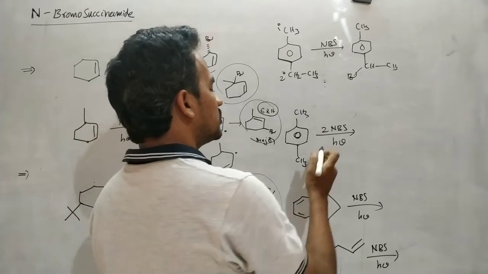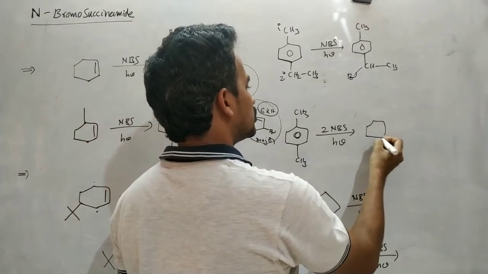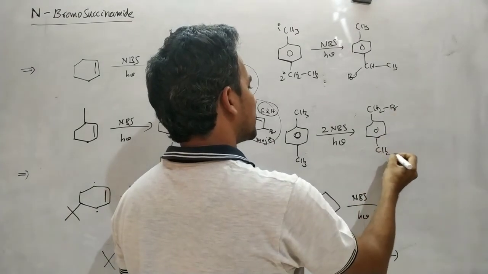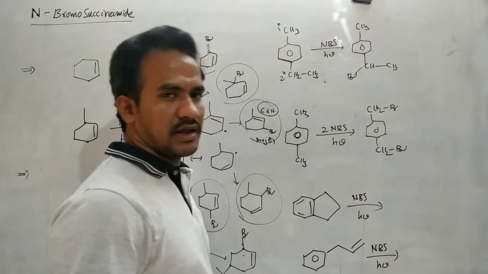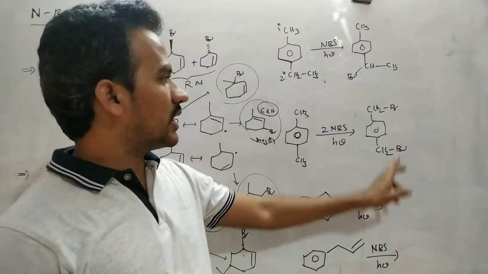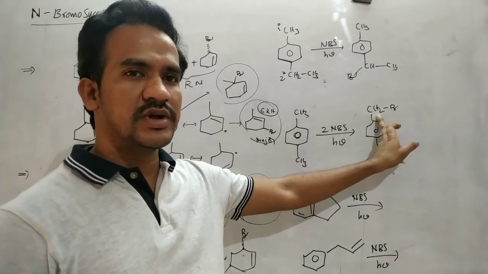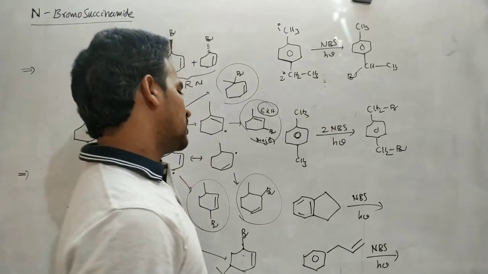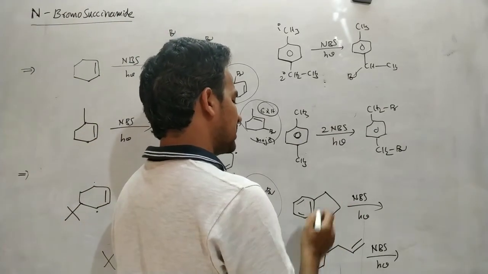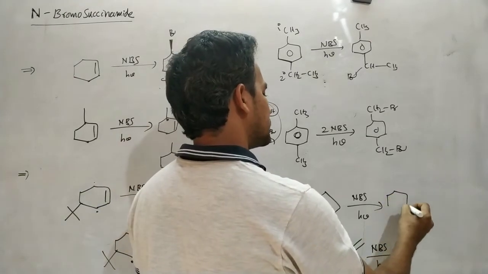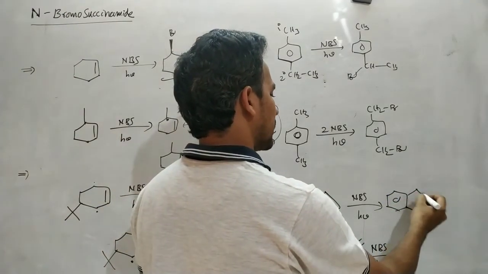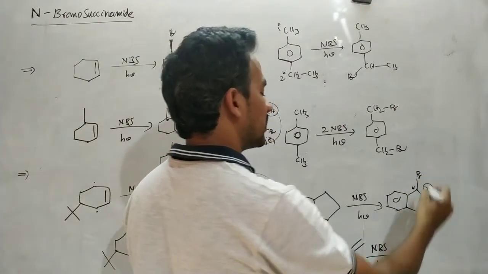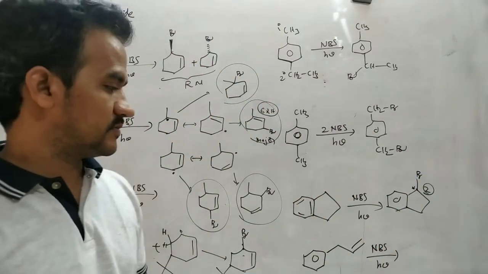Now coming to this one, N-bromosuccinimide, here 2 times. First substitution on one alkyl group, another substitution on the other alkyl group. Already bromine is attached to the carbon, so here radical stability decreases. Here in this case with NBS, it is a benzylic carbon, and that is a simple reaction. One of the benzylic hydrogens is replaced by bromine. Of course, it is a chiral carbon, so again we will get 2 products in that case.